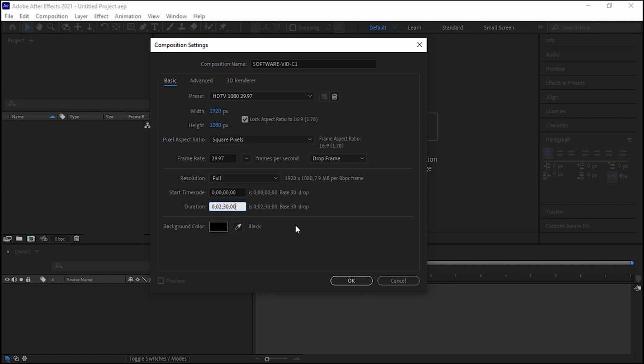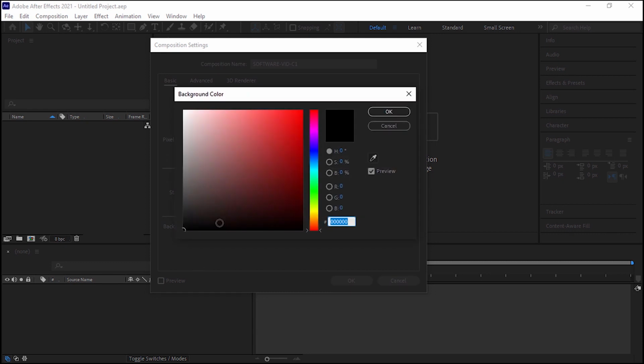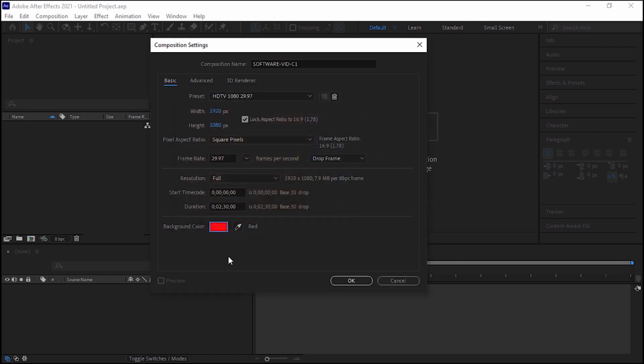For example, in the second part of the time code, I enter the duration option number 02 to create a composition of 2 minutes and 30 seconds. I click on the background color box. Now I can choose a color to paint the background of the composition using the opened box features. This allows the selected color to be displayed in the empty parts of the composition if the dimensions of the videos or other items were smaller than the dimensions of the composition.